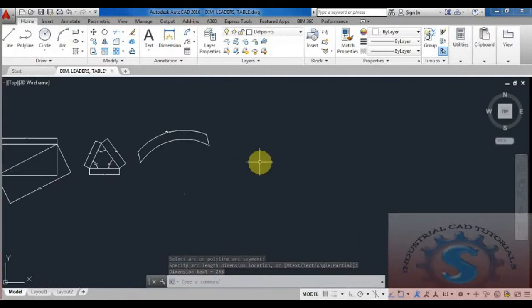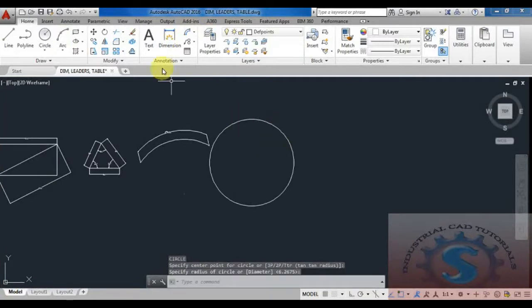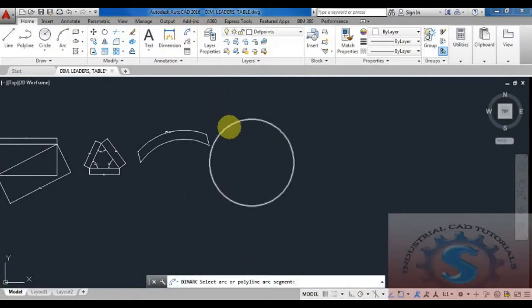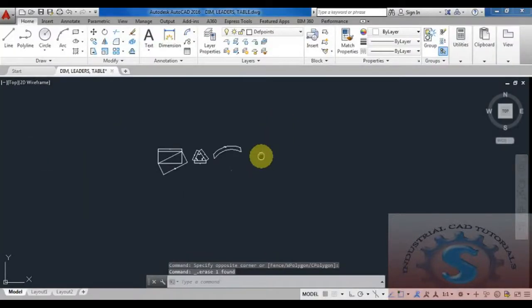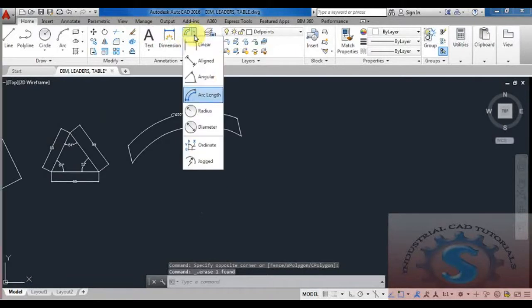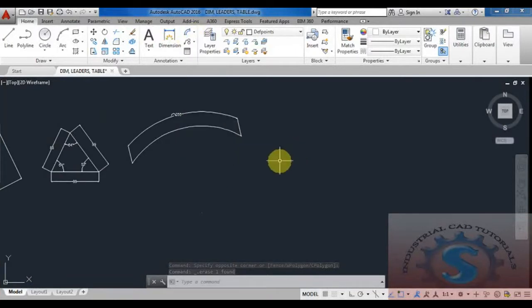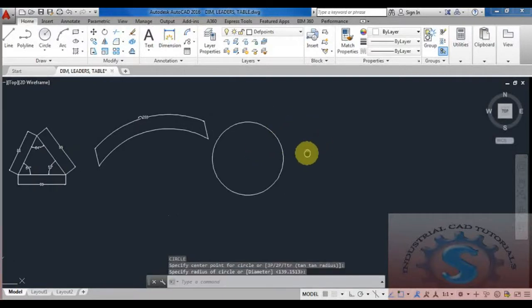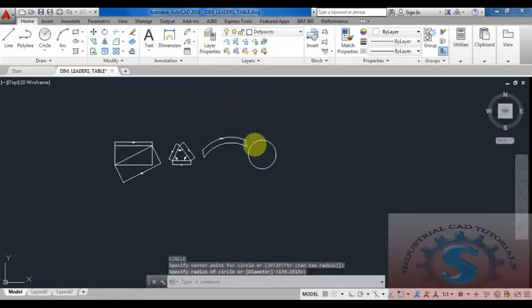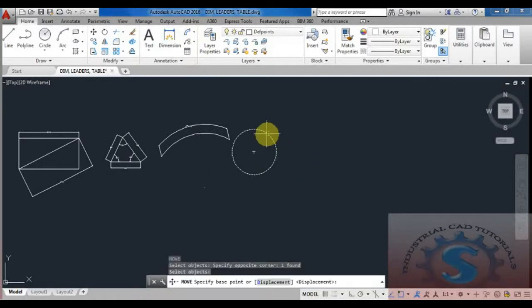The length of the arc will appear on the screen. Now draw a circle and check the dimension by using the arc length. It is not possible. This is possible only for arc type objects. The arc length is possible, not for the circle. And the radius, you want to check the radius. First draw a small circle like this, of any diameter, and check the